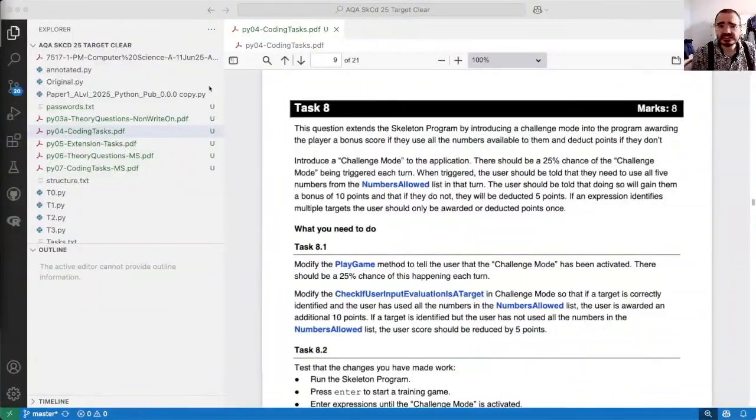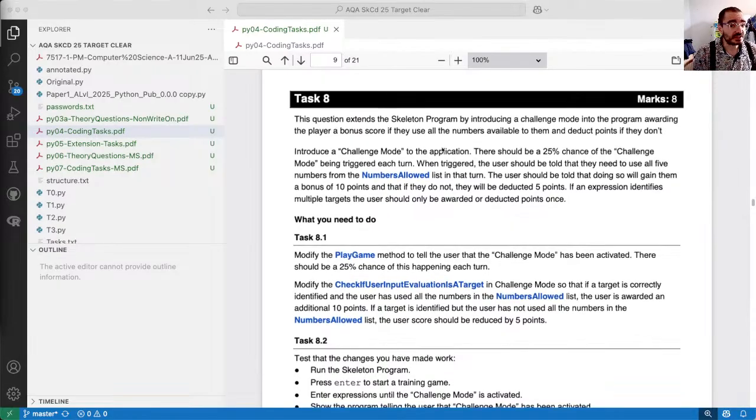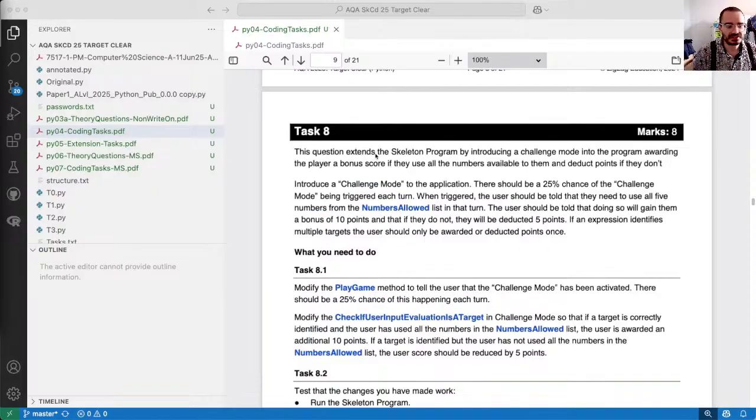AQA target clear, ZigZag task, task 8? Yeah, task 8. Okay. Challenge mode. So this one I kind of passed on the stream, but actually looking at it, it's not as bad as I feared, certainly. Okay, so we extend the skeleton program by introducing a challenge mode, which means that there's